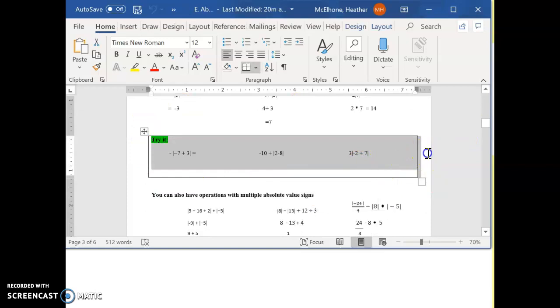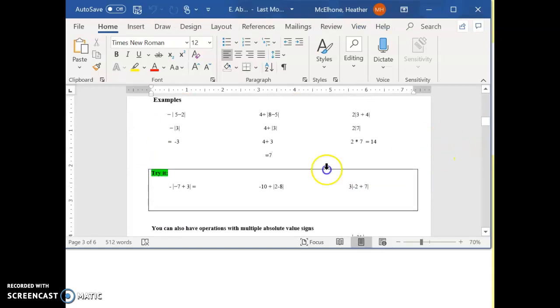Now you notice their problem models are right above it. They're very similar to the ones that I did. So use those to guide you, and I also encourage you to use a calculator. So the attachment worksheet again has your examples for you to reference and green try it sections. I believe there's a total of 13 problems, but you're completing everything in the try it section. Show me your work as best as you can, but I understand on the computer it's a little hard, so you can either feel free to write a one